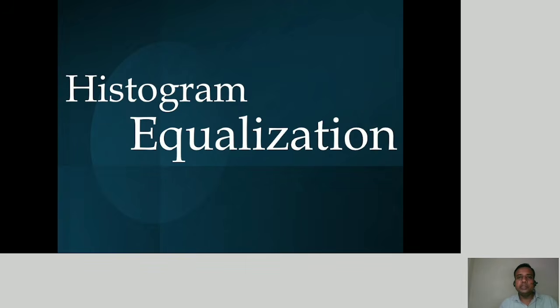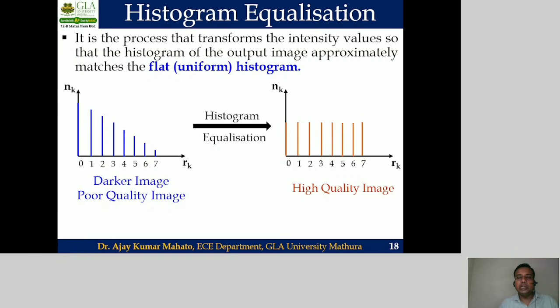The next image enhancement method based on histogram processing is histogram equalization. We usually prefer histogram equalization in order to obtain a flat, uniform histogram pattern in the output image. In the input, we may have a random, non-uniform histogram pattern, and after performing histogram equalization on it, in the output image we will obtain a flat, uniform histogram pattern. So in order to understand histogram equalization, let us take some examples.